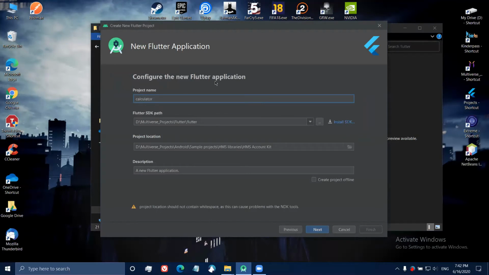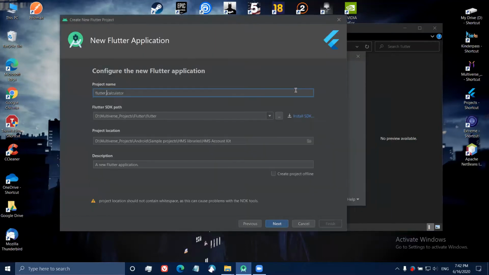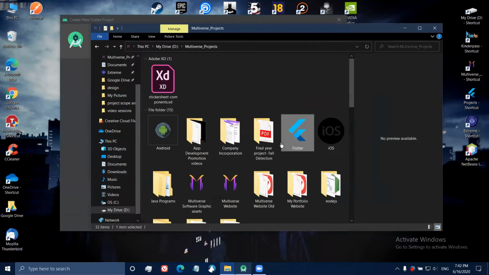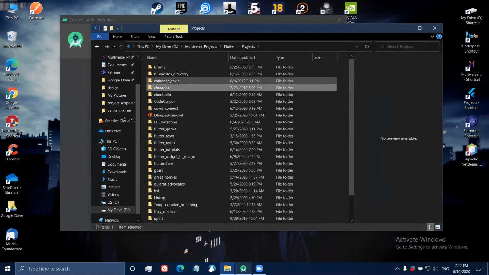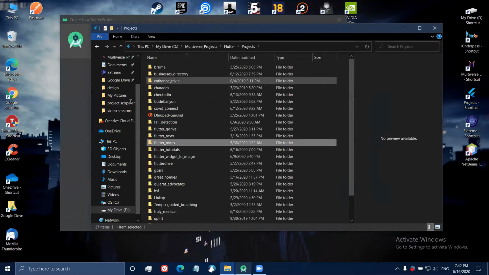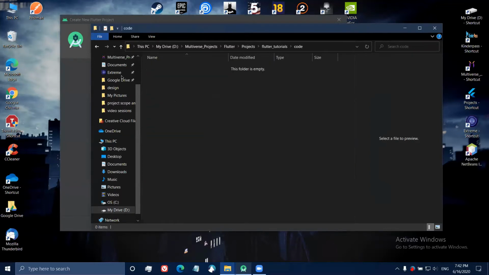This is the Flutter SDK path, just getting it from here. One of the things you should note is whatever your project location is. I don't want to set this. I want the project location to be projects, tutorials. I'll go to code. This should be my project location. I'm setting it here. In Flutter apps,